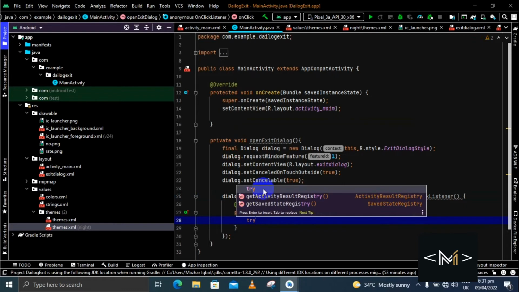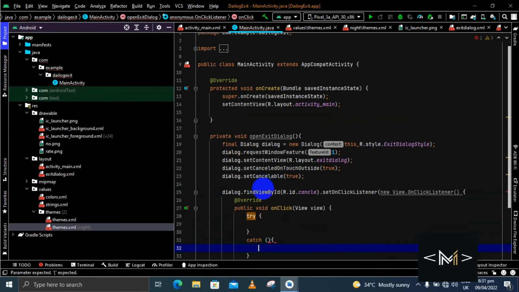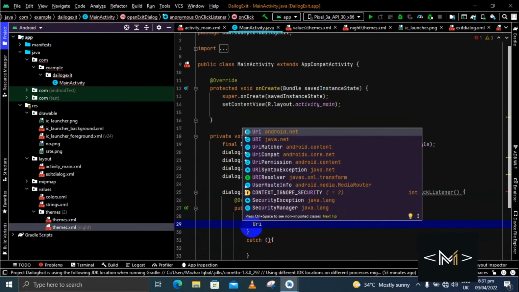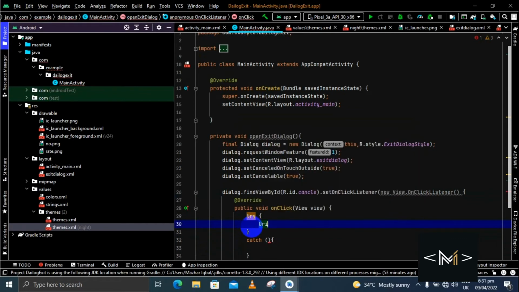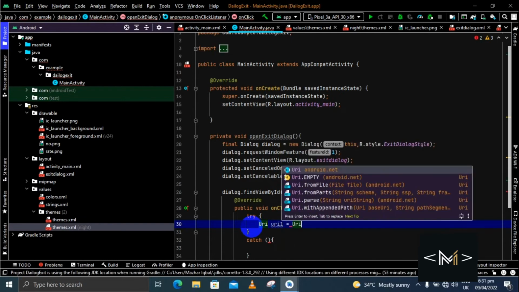The rate, and we are implementing the rate in a try, and there will be the catch block, and also we have to write the Uri. There will be Uri uri1 equal to Uri.parse,